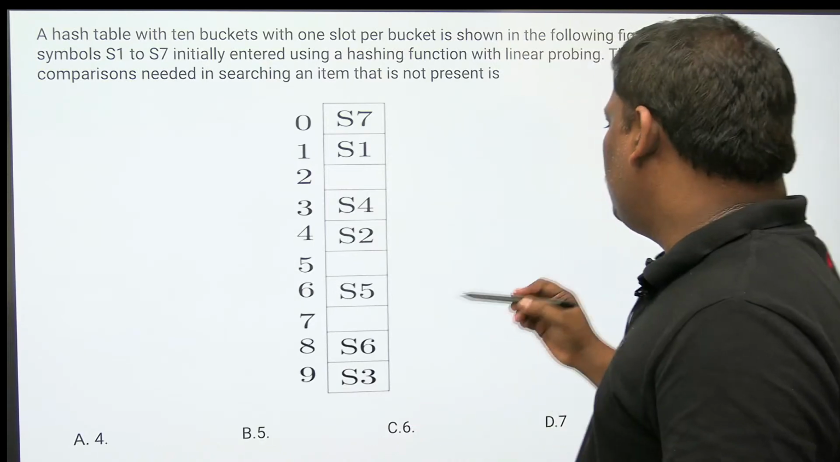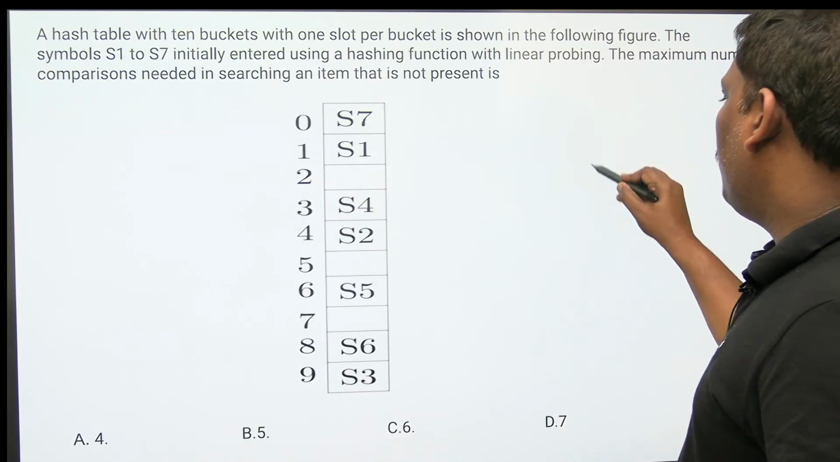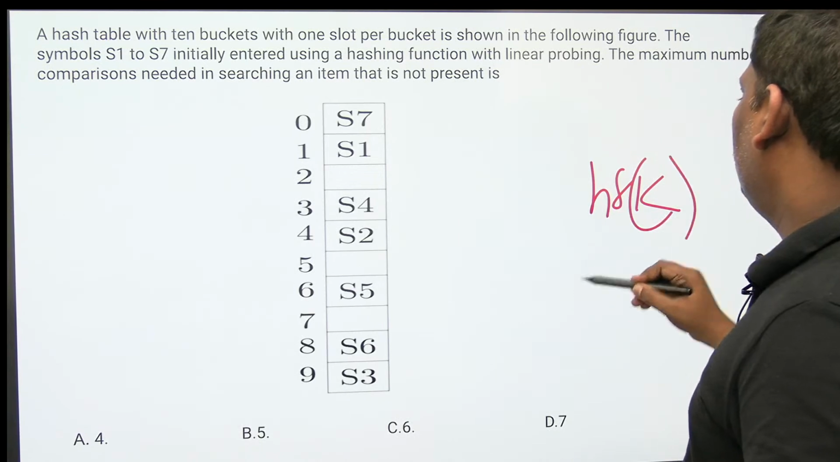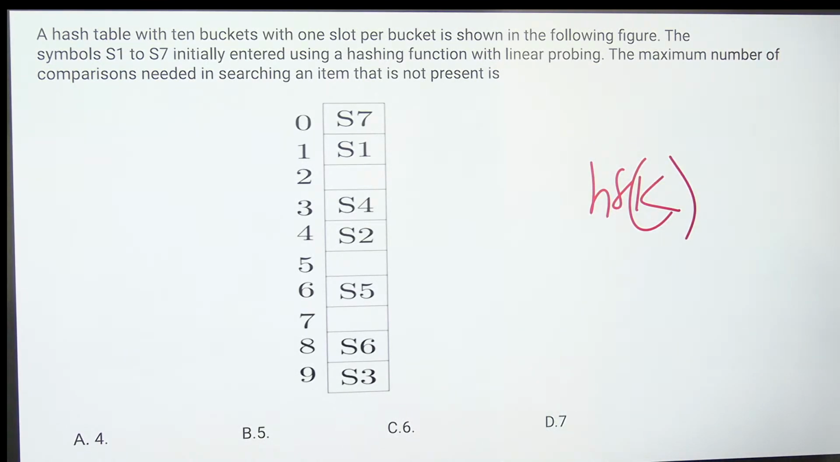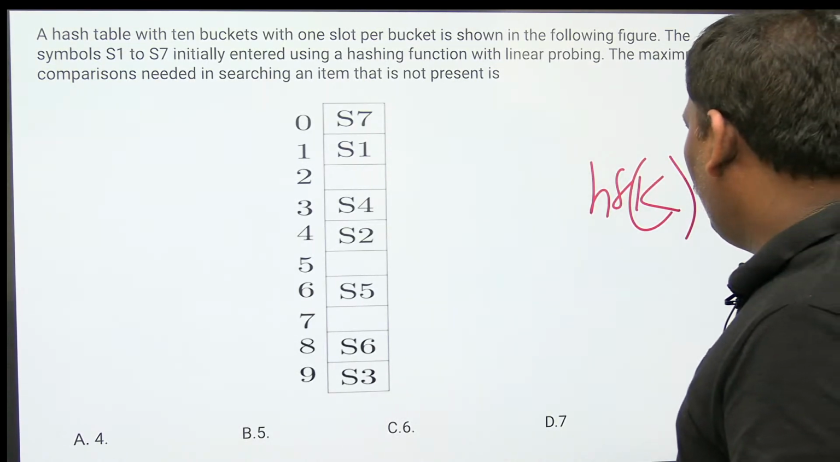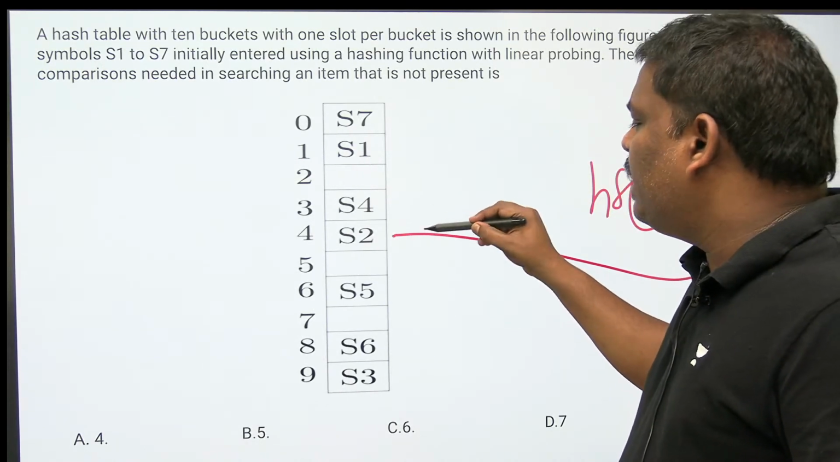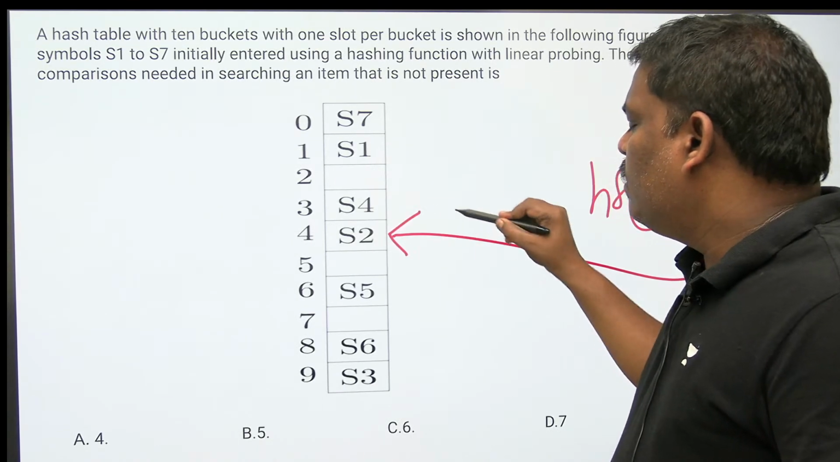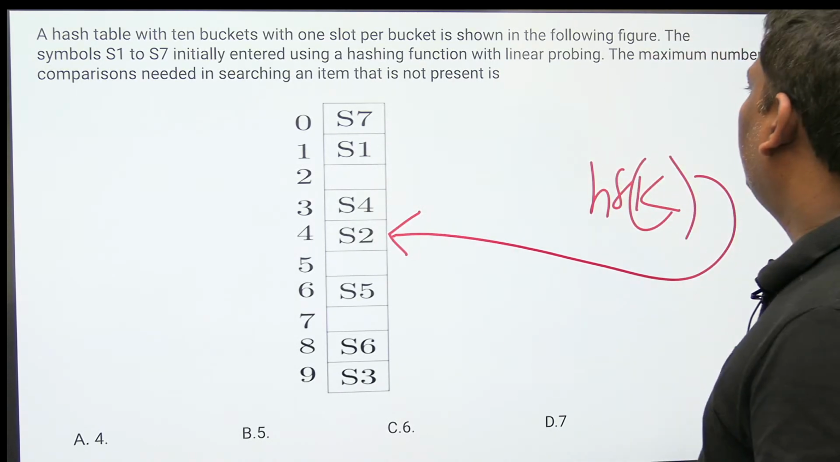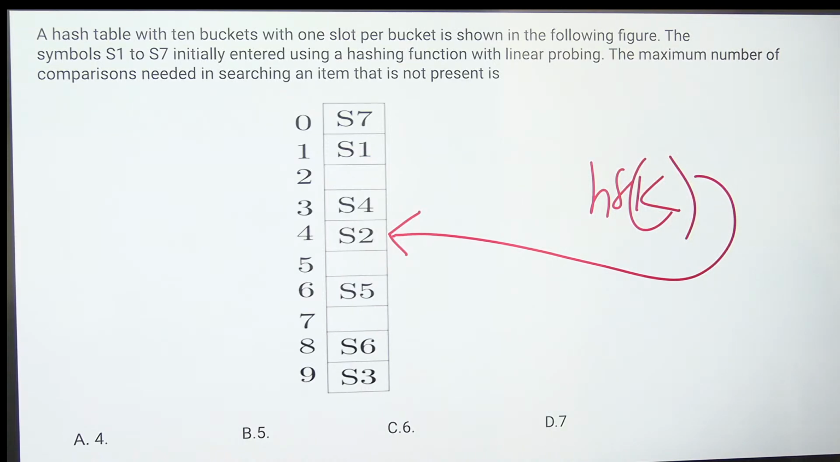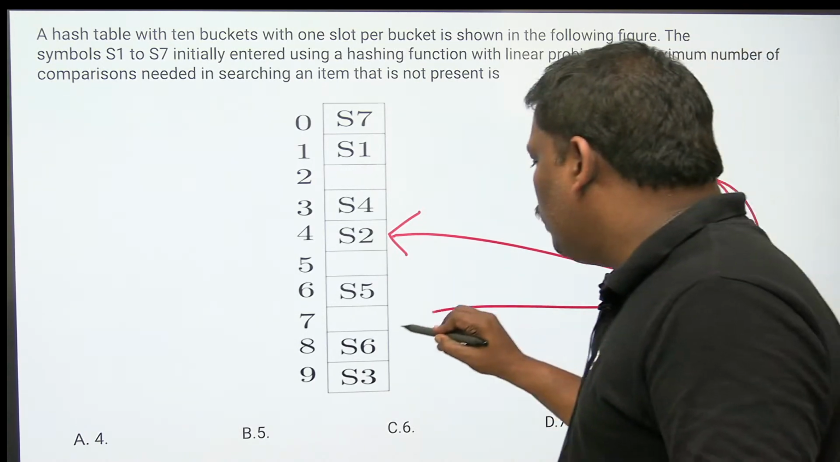Very simple. See this one. There is a key. Apply the hash function first. When you apply the hash function, it can go anywhere. Suppose you are lucky, you go to somewhere and that is your element only. If you are lucky, you will go directly to that slot only. Best case is 1. Worst case is, listen,